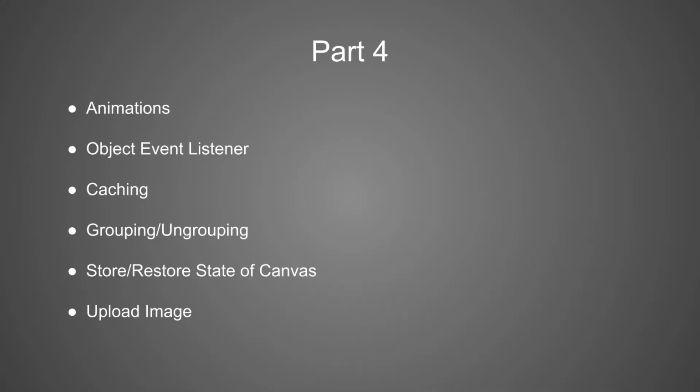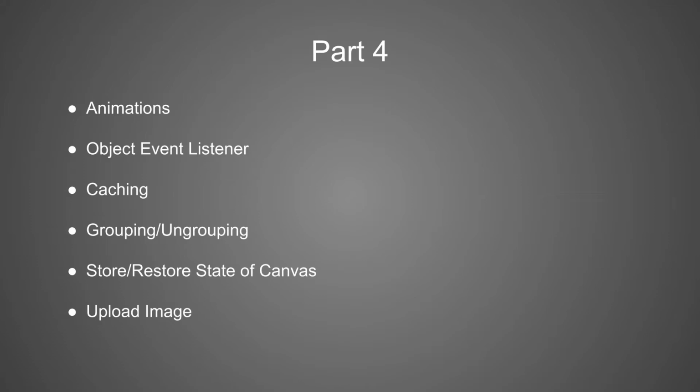This is part 4, the last video in this Fabric.js tutorial series. We will start by going over object animations. Then we will deal with a simple example of an object event listener. We will learn about object caching and when we might want to disable this or manually mark the cache as